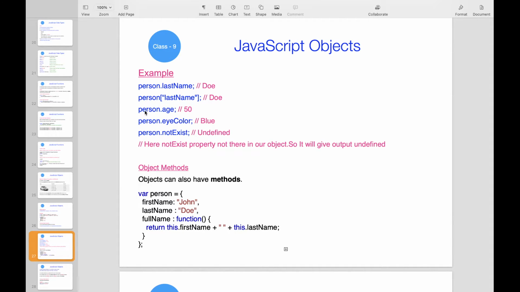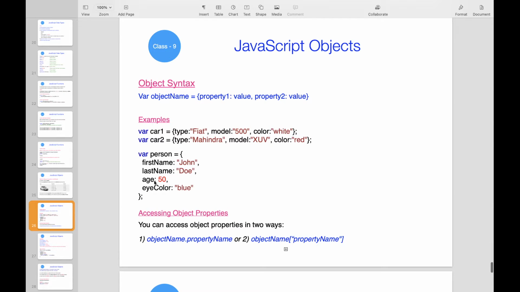Some more examples are person dot age, person dot eyeColor, person dot notExist. Let's say this notExist is not part of the object. If you see the person object, notExist is not there as a property. Only 4 properties are there for this object.